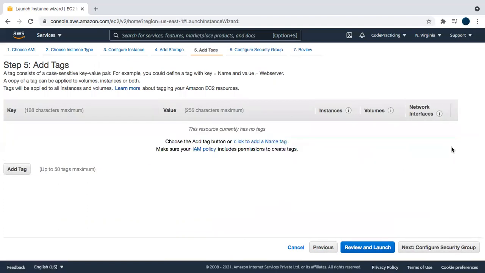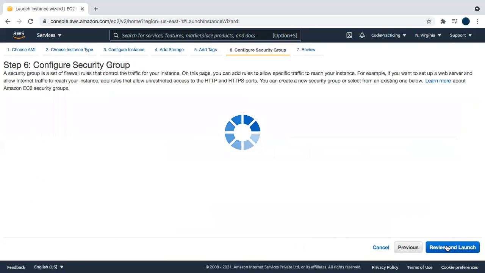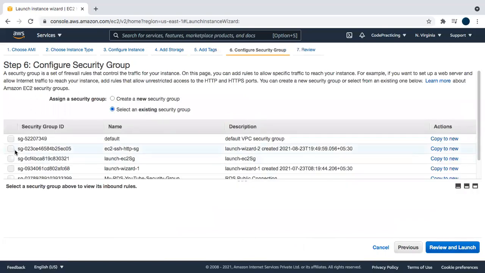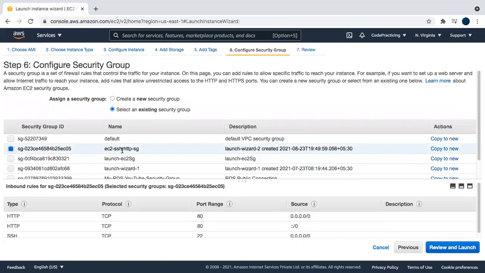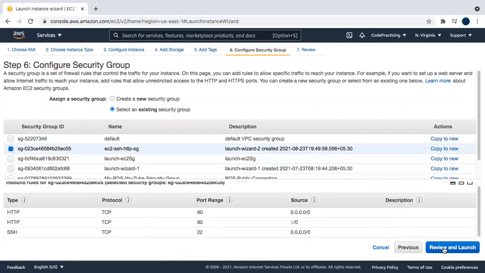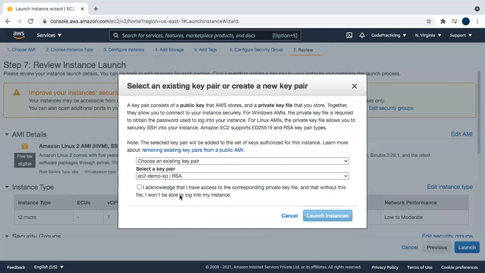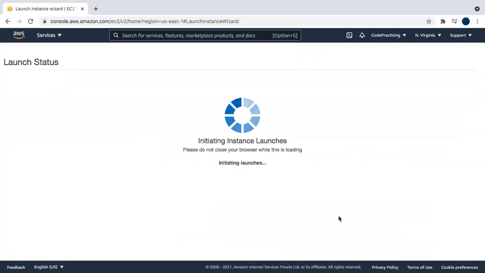Click on configure security group. We'll use our existing security group which we created just before this instance. Click on launch. We'll use our existing key pair, EC2 demo key pair, and click on launch instance.